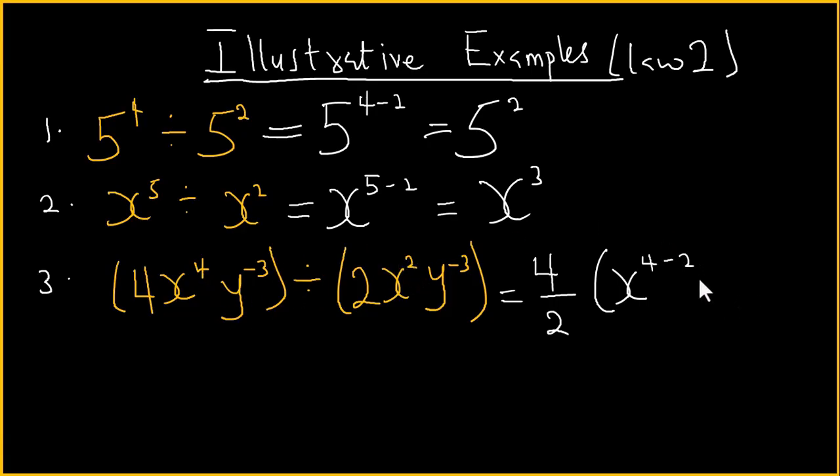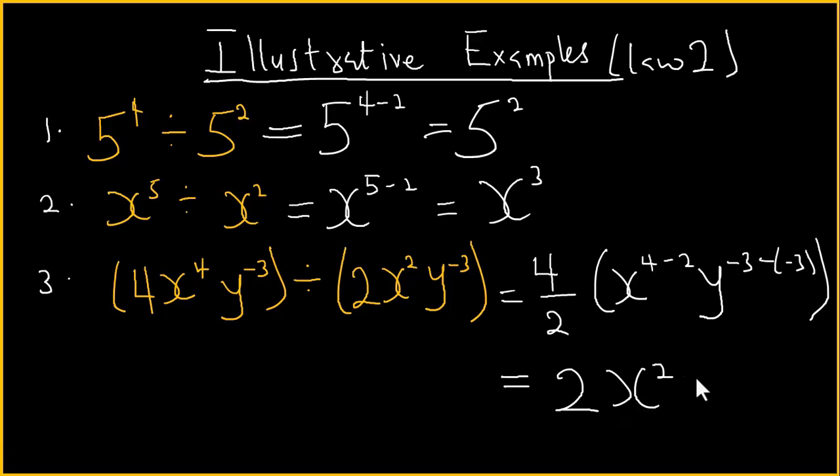So we have y to the power minus 3 minus, in brackets, minus 3. Now 4 divided by 2 gives us 2. We have x to the power 2, y, we have minus 3 minus minus 3, what is it? Minus 3 plus 3. And our result is 2x squared